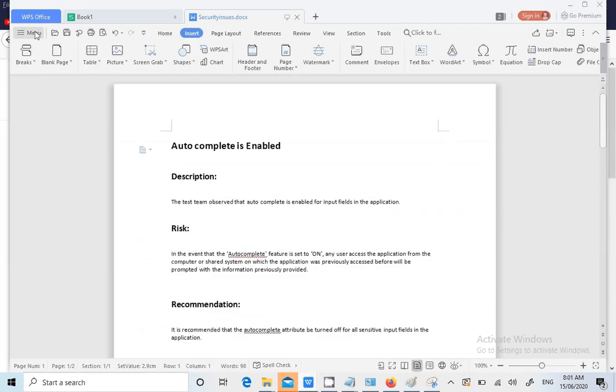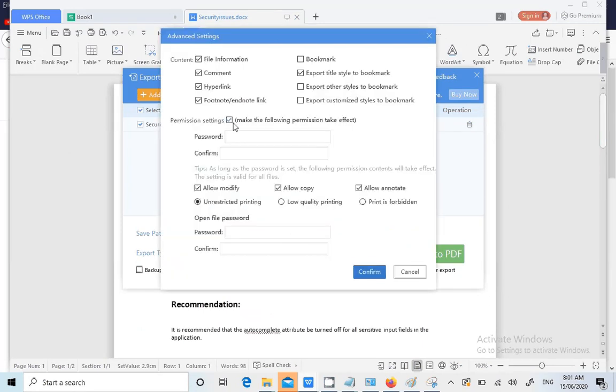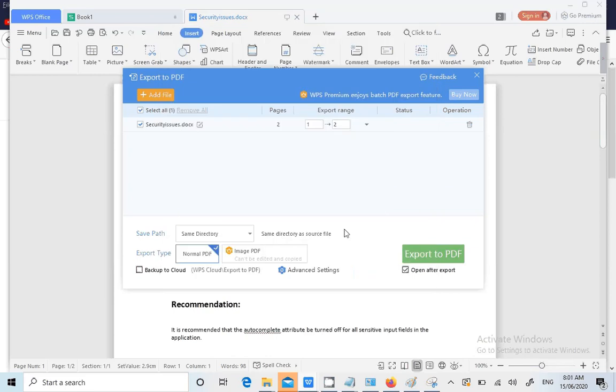Now if I save it as a PDF report, always send the PDF report password protected. Let's say the same, advanced settings, the password, give some strong password. By default I am giving a password. Send the report to the client, but send the password by SMS to his phone number, so that you are ensuring your report is safe when you are sending it to the client. If someone hacks the client email address, he should know the password, but the password is in his mobile, not in his email address.